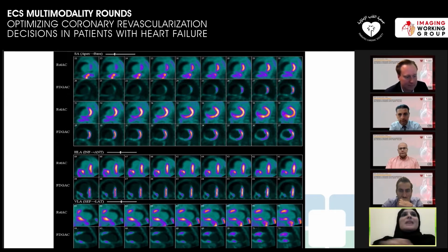I may comment. I think when we look at the rest images and the FDG images in the short axis, we can see a match in the anterior wall. There is a defect in the resting images with a mismatch in the short axis. However, in the lateral walls, I think there is a mismatch indicating